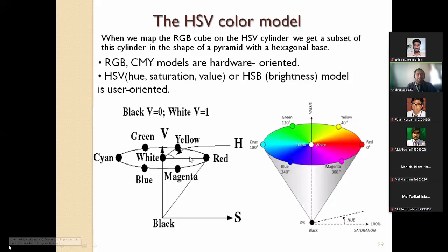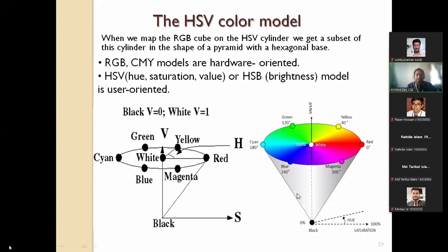Right. So this is also a model to explain the relationship, how they are interrelated, because whenever you have any position in the space, it definitely has some value according to the three dimensions you are considering. I'm not talking about spatial dimensions. The dimensions are hue, saturation, and value.